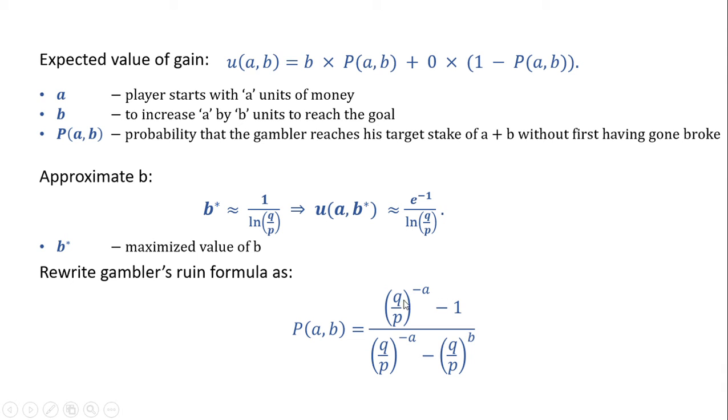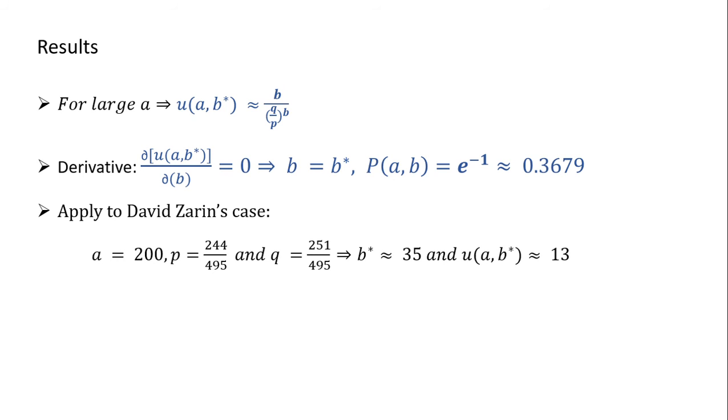Because Q, the probability of losing, is more than P, losing is more probable than winning, and anything greater than 1 to the power of a negative big number, for big values of A, goes to 0. And when we write it as following and put it back to the UAB formula, we get such a formula. This is a very good result because if we find the derivative of this with respect to B and assign it to 0, we can find the probability of AB, which is found to be approximately equal to